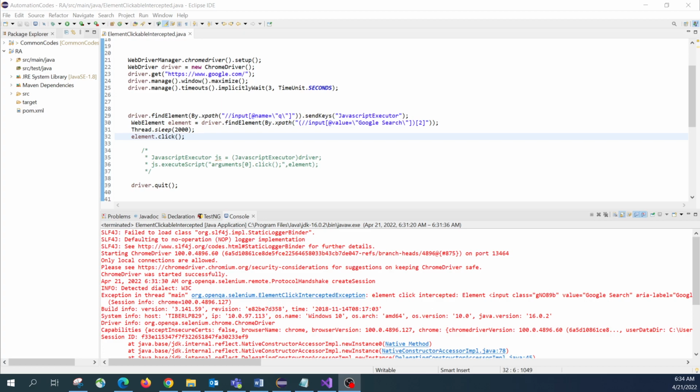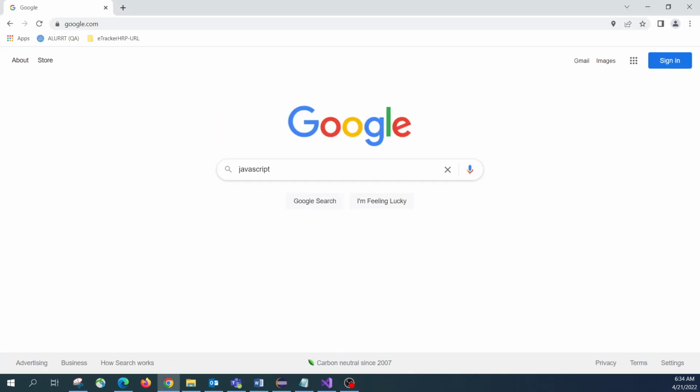Like here, I'm using Google. Here, I will be using the Google application. As you see on my screen, my test case is to enter any word, and I need to click this Google search after that. But